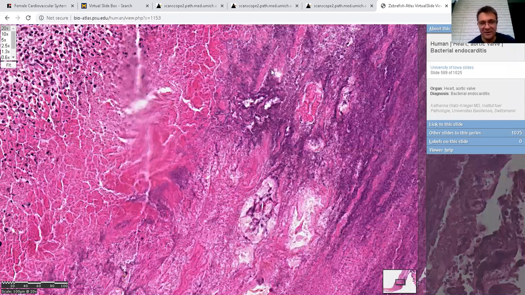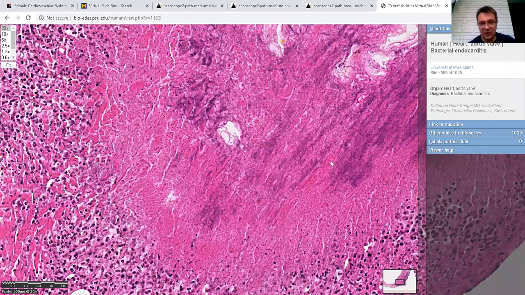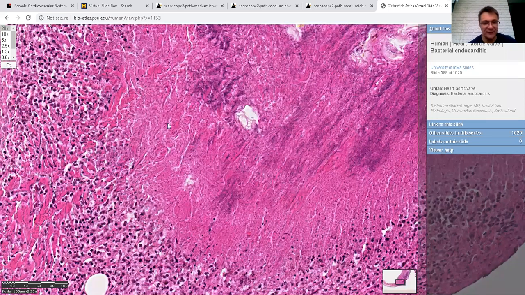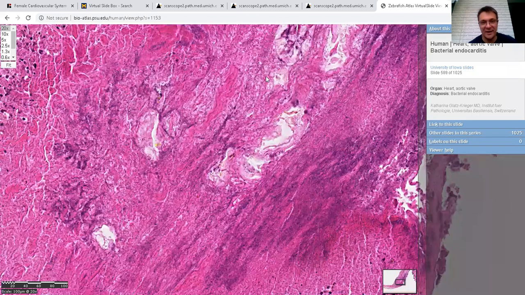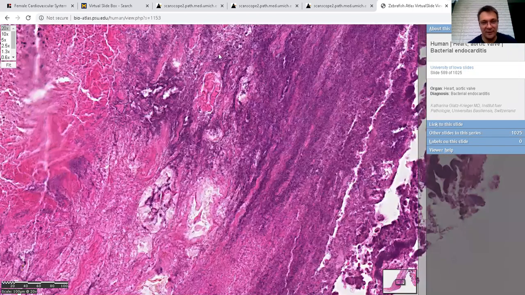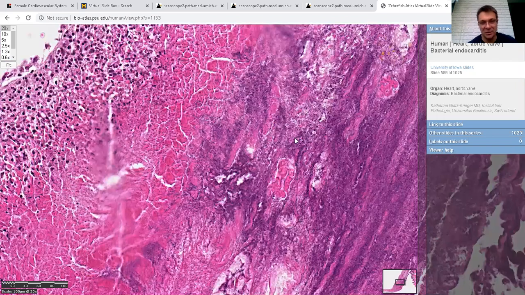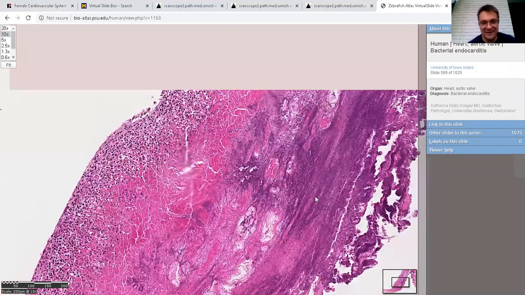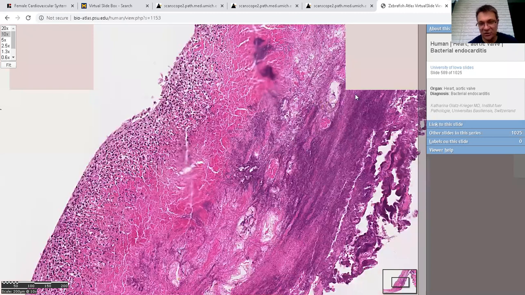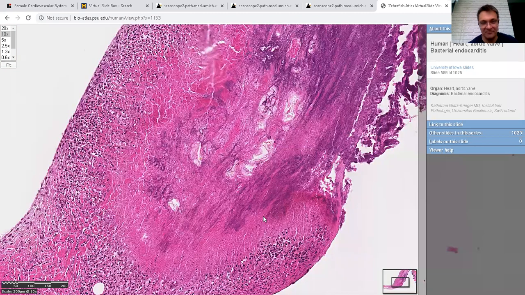So there is the necrosis of the aortic valve. There is the inflammation on the border of this necrosis, and here are the guys which finally produce this damage. So that's the infective endocarditis, but for sure, that's not all the story, since there is a huge injury, huge damage of the endothelium over here,